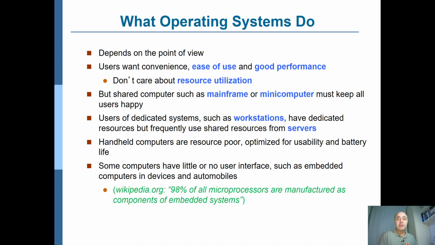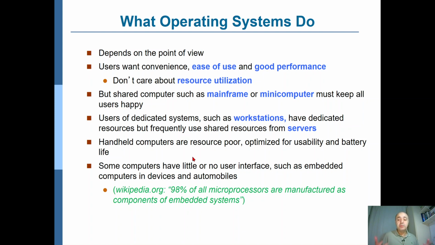You're not even aware of that, but typically the engine itself is being controlled by a computer system with which the driver is not communicating directly. The driver is just trying to speed or stop or rotate the direction of the car. However, there are multiple processors that are executing and interacting with each other, not directly with the driver, to achieve this task. If you look at Wikipedia, you can see that 98% of all